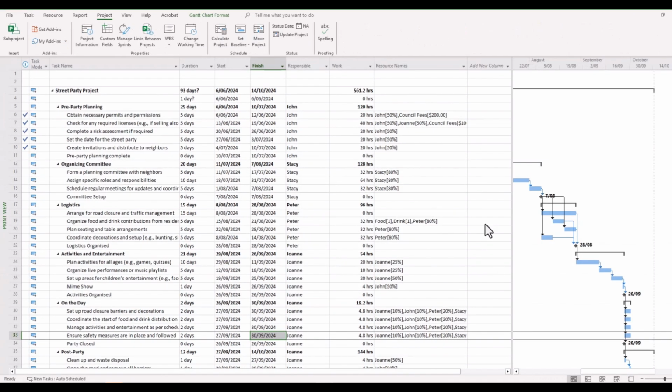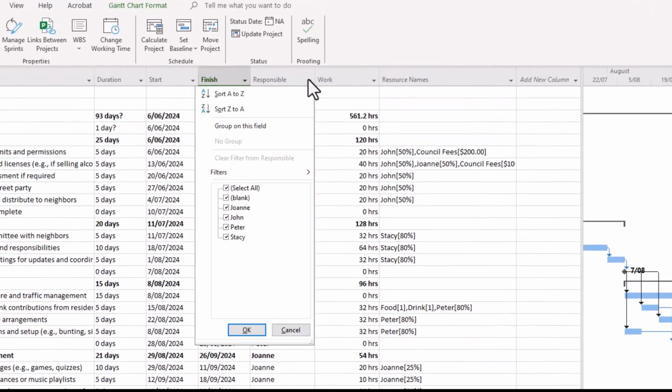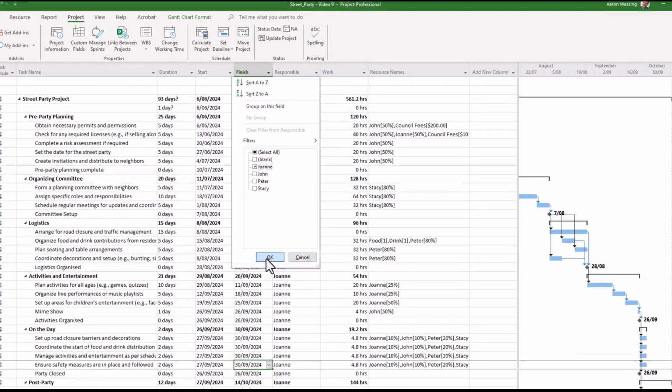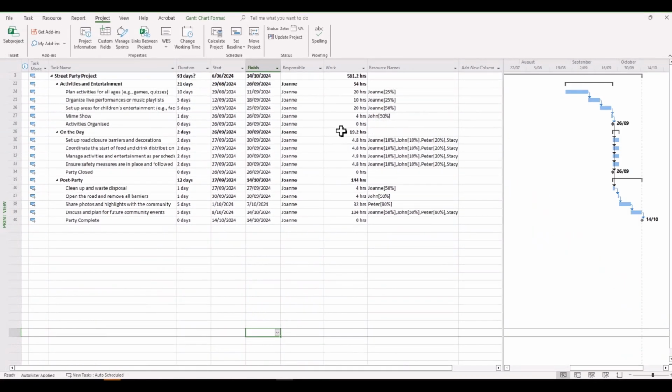Another useful element is the fact that you can filter quite easily to the responsible person in the job to share information quicker. You can simply go to your drop-down menu, and you can filter. So say for instance we're interested in all of Joanne's responsible tasks, and there you see it. You can see Joanne, everything that she is responsible for in her project. So that's another very quick and easy way to convey information.